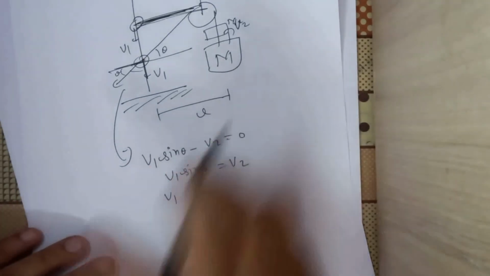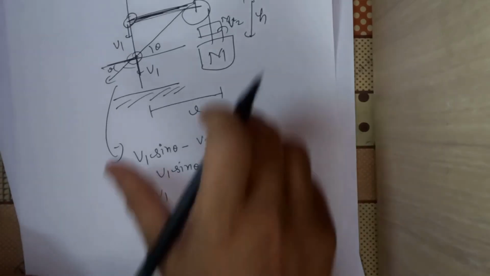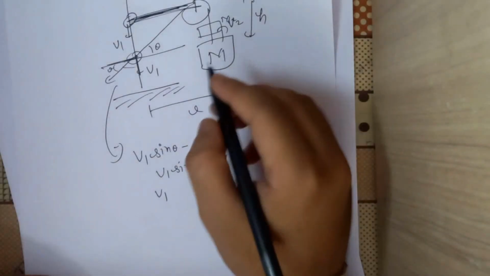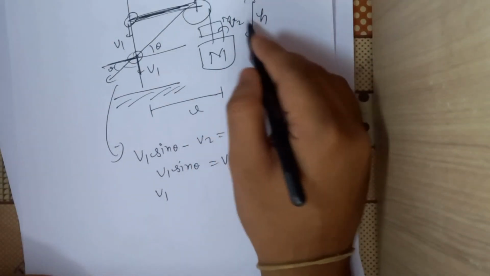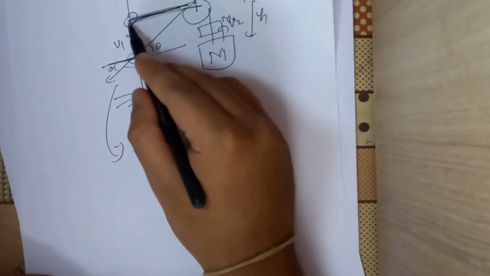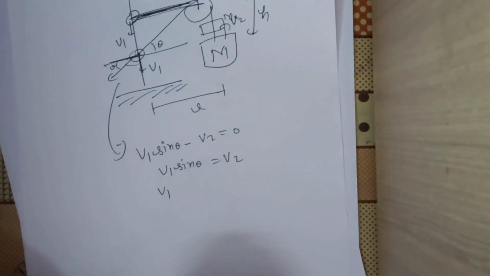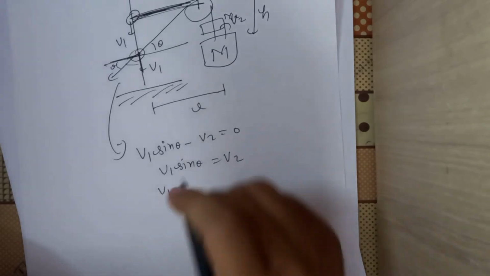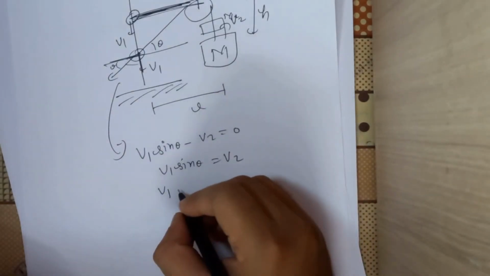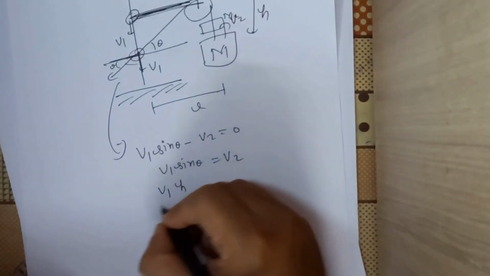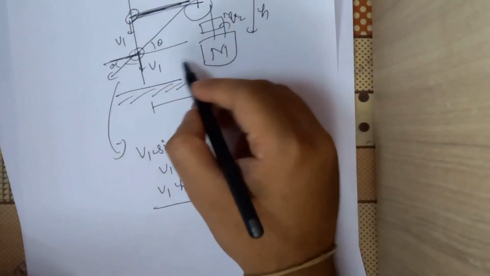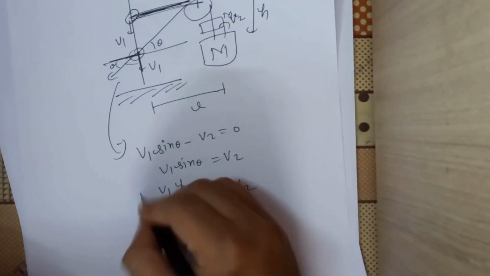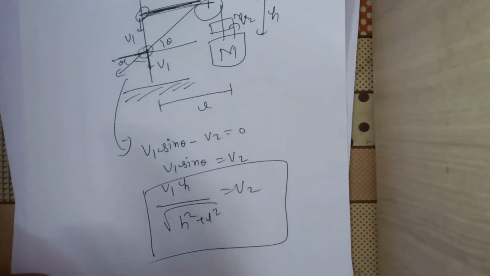So what we can do is we can find the value of theta. Since we are given that the distance between these ends is L, let us say that we want to find the expression for the velocity v2 as a function of this height h, where h denotes the distance traveled by this bead downwards till any time t. So now we'll simply write v1 sin theta equal to v2, and sin theta is h upon the hypotenuse, which is under root h square plus L square. So v1 into h upon under root h square plus L square should be equal to v2. This is the final constraint relation that we have for v1 and v2.